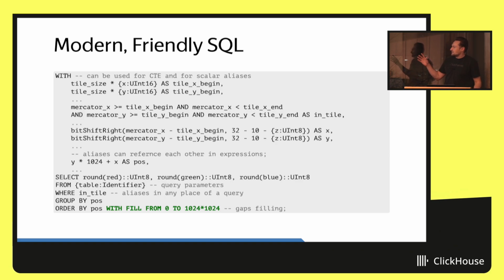And for example, this nice feature. I generate a picture with pixels 1024 by 1024. And what if in some pixels the data is not available? I will fill this data with this expression. In ClickHouse ORDER BY expression, you can specify ORDER BY with FILL. And if your data is not continuous, so if you grouped by some field like integer, and the data is available for 1, 2, 3, and then like 5.